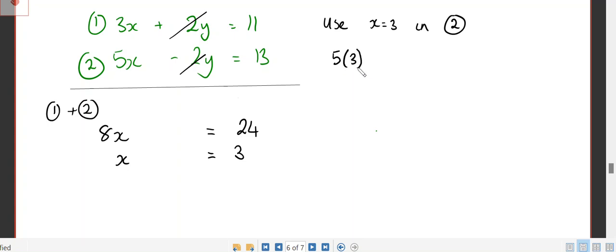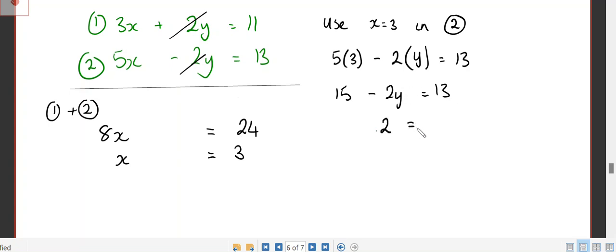5 times 3 minus 2 times y equals 13. So 15 minus 2y is 13. I'm going to plus the 2y minus 13. I end up with 2 equals 2y, which means y equals 1. Okay. I am then going to check